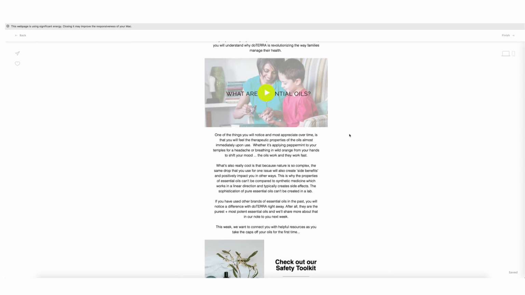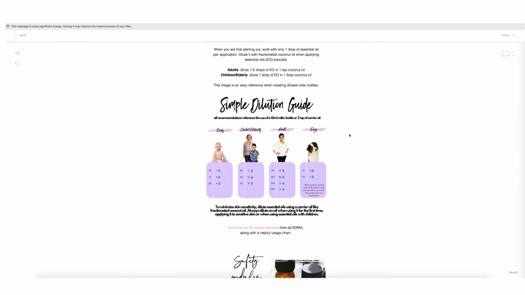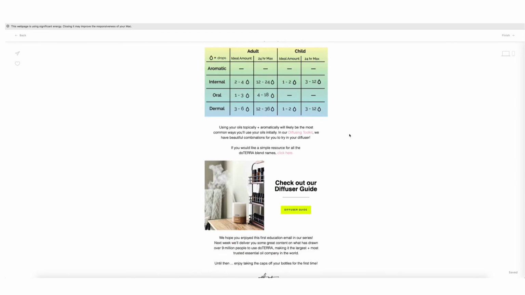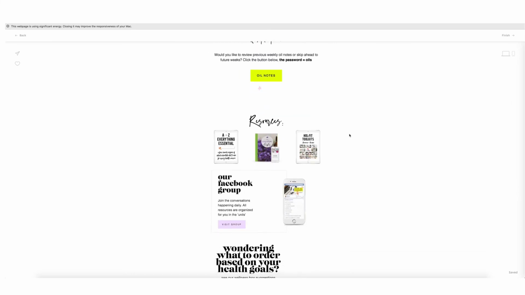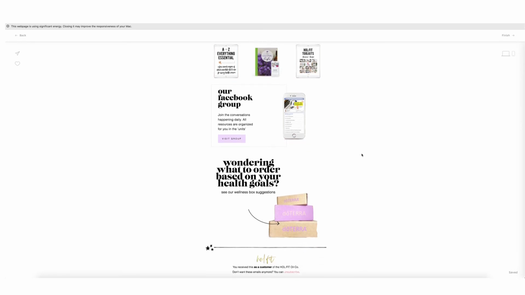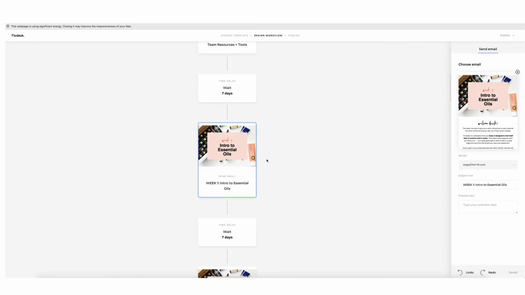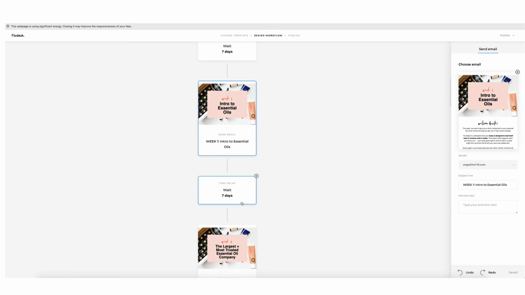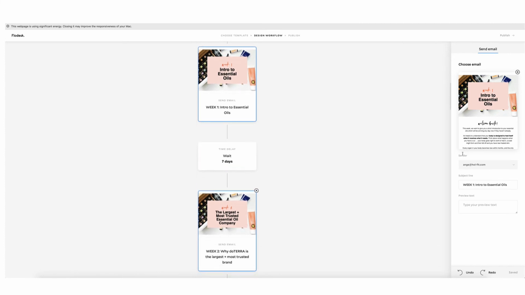But this is the week 1. We take them through an intro to essential oils. We link up some info on safety. And then at the bottom here we have resources, and these are pretty static. These show at the bottom of every email. So then if I go back, you can see there's 7 days in between, and then we go to week 2,